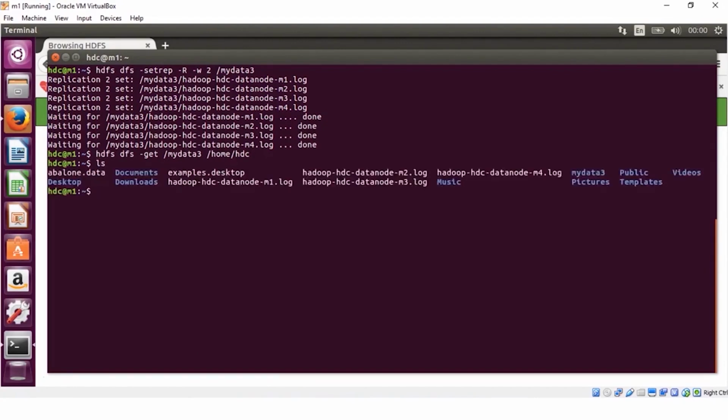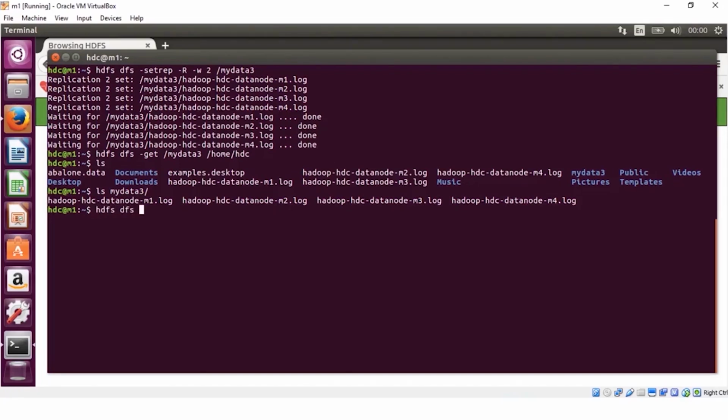command. Now if you see, I should have a mydata3 directory which is in my local path, and we can look in mydata3. It has all the files which we had on HDFS. So we were not only putting data from our local machine to HDFS, we also successfully brought data from our HDFS to the local machine. We have written data with different replication. We have checked the status of nodes. We have checked the status of blocks, and if we would want to delete some data, HDFS also has options